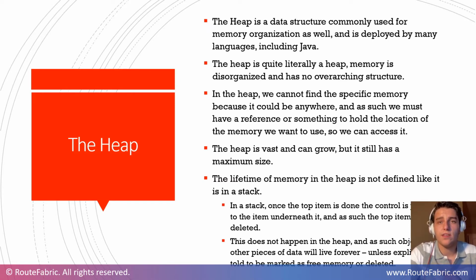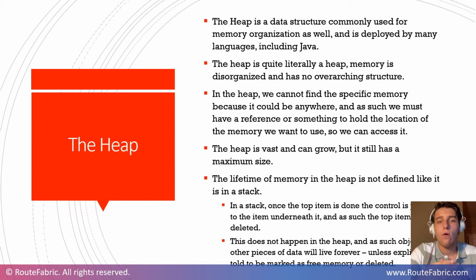What I mean by this is, if we think about a stack, once the top item is done in the stack, control is passed to the item underneath it, and as such, the top item is deleted. Whenever we have a stack of pancakes and we take a pancake off the top, that top pancake is gone, and the newest pancake is now the one that was previously underneath it. So in a stack, our memory gets deleted when it's done. Whenever we take it out, it gets deleted, freed, however you want to specify what happens to it, but its lifetime is defined. It's going to exist for a certain amount of time, and then it's going to be done, and it's going to go away, and control is going to pass to whatever was underneath it in the